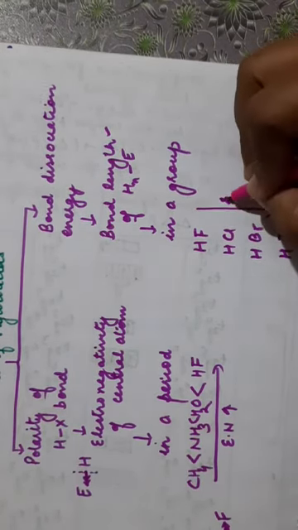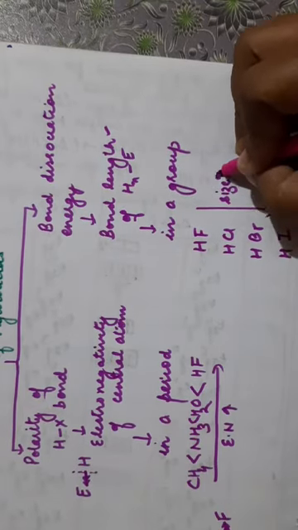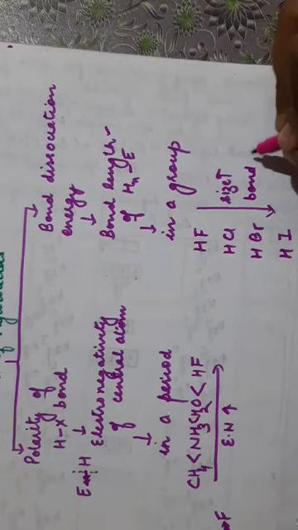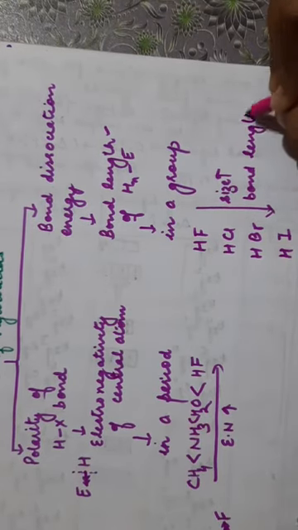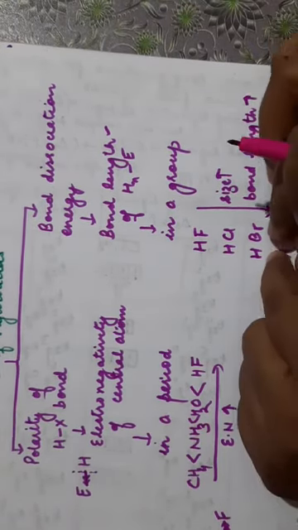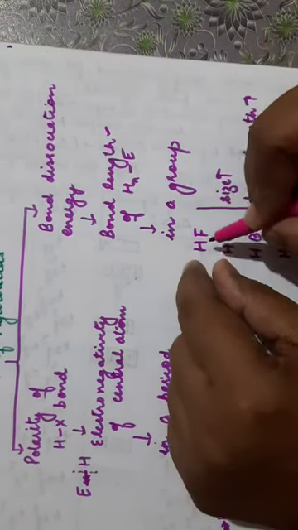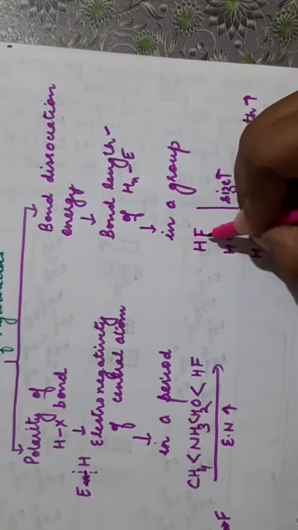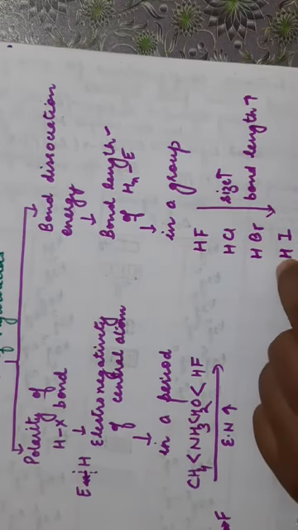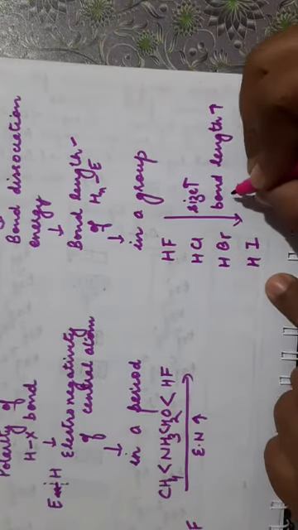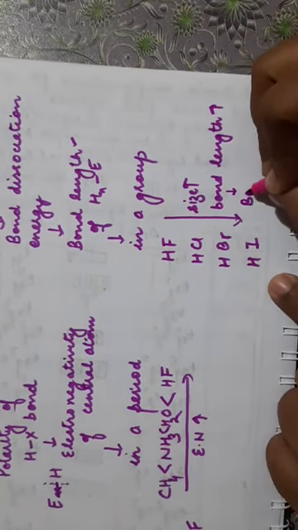So on moving down the group, size increases. Size increase means the bond length will increase. There will be a distance between the hydrogen and iodine as compared to H and F, because there is an overlapping of 1s and 2p here. But in this, there will be overlapping of the larger orbitals. So bond length will increase. Bond length increase means the bond dissociation energy will